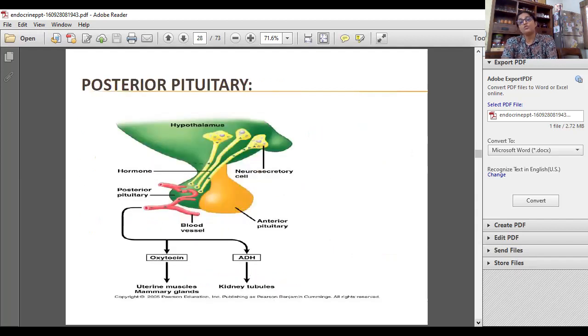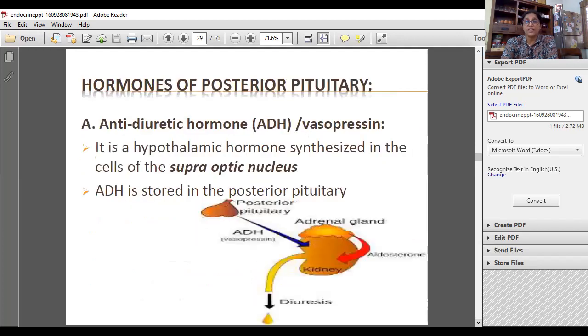Now, if I come to the two hormones of the posterior pituitary gland, as I told you earlier, it is neurogenic in function. The hormones are not produced in the posterior pituitary, but are secreted. So they are coming from the higher centers of the brain. And the two hormones are very, very important. The first is the antidiuretic hormone, also known as vasopressin. As its name says, vaso is the blood vessel, pressing is something that compresses it. So the antidiuretic hormone is a hormone that reduces the amount of urine that is being thrown out of the body. So it is so important.